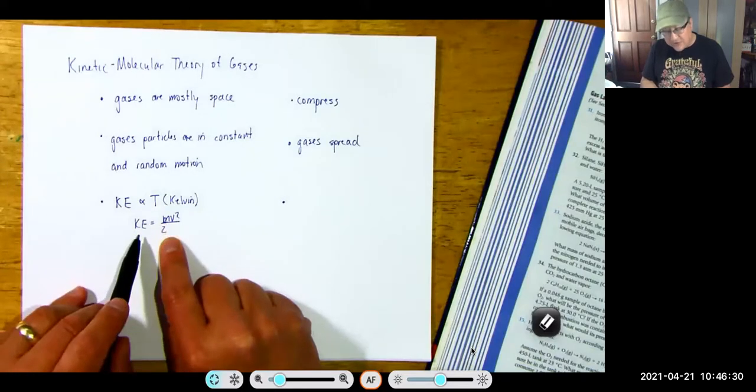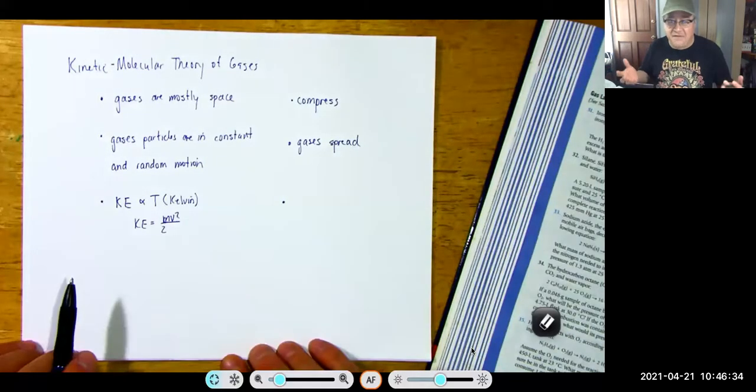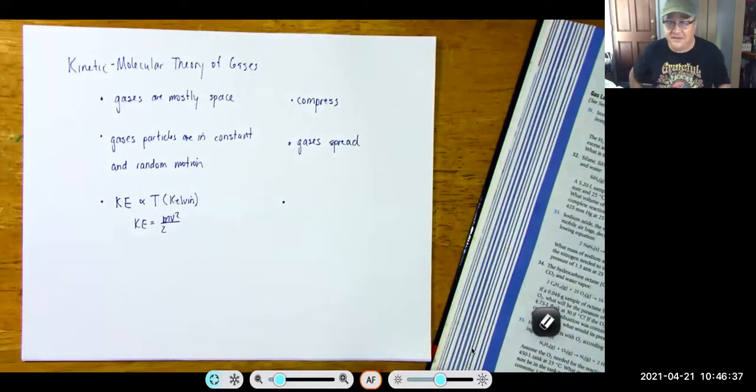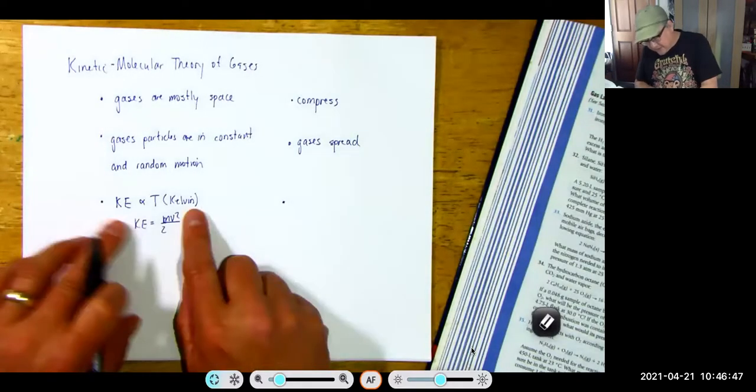What's the only thing you can change in this equation? Velocity. It's got to have a high velocity if you have a tiny mass, right? Yeah. And if you have a large mass, it has to have a tiny velocity, right? Yeah. So what we can say about this is that the velocity